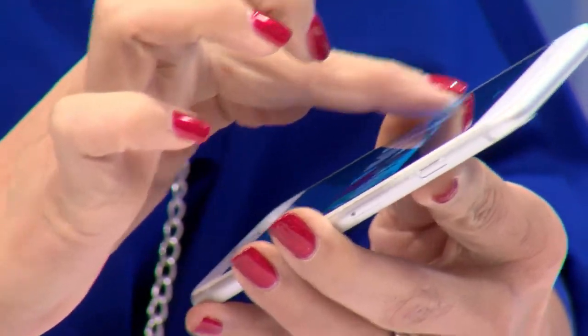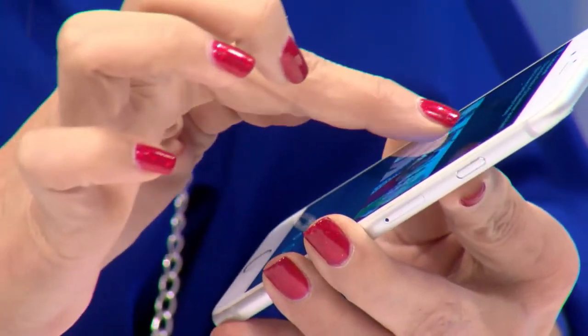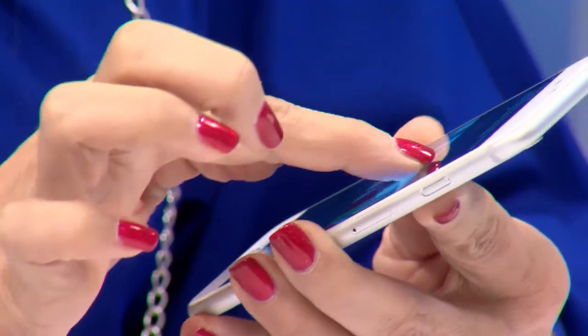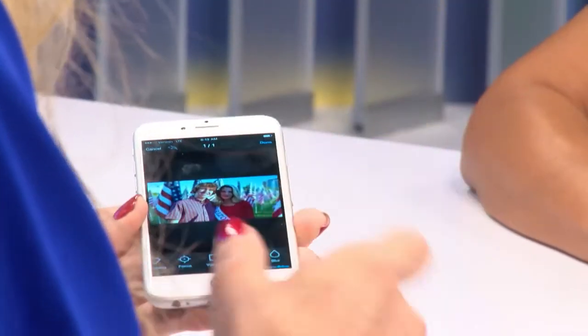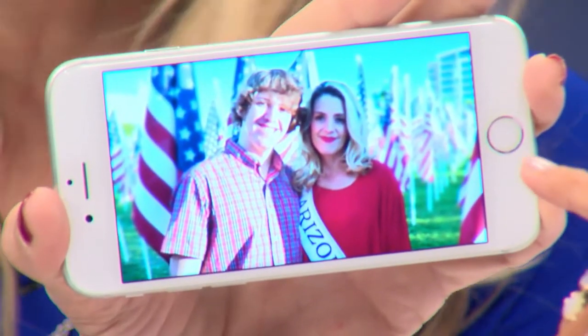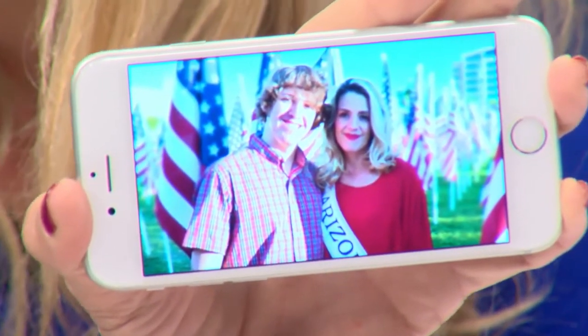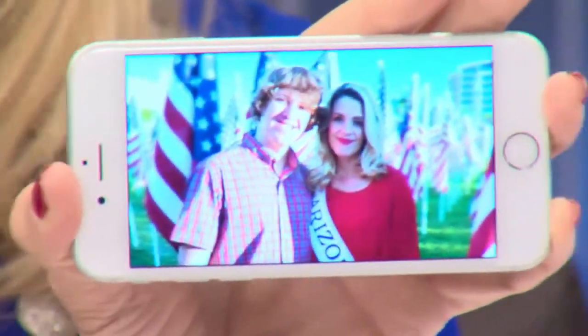So what she's doing is going in using her finger to blur it manually. Yes. So it's not like the app does it for you? No. But it's so easy to do that. And then apply, and it is done. Hopefully this will rotate for me easily. It only takes a couple of seconds. And what you can see now is the background is blurred out, and given a little bit more time and attention to detail, it does make the focal point really pop. It brought my son and I to the forefront.